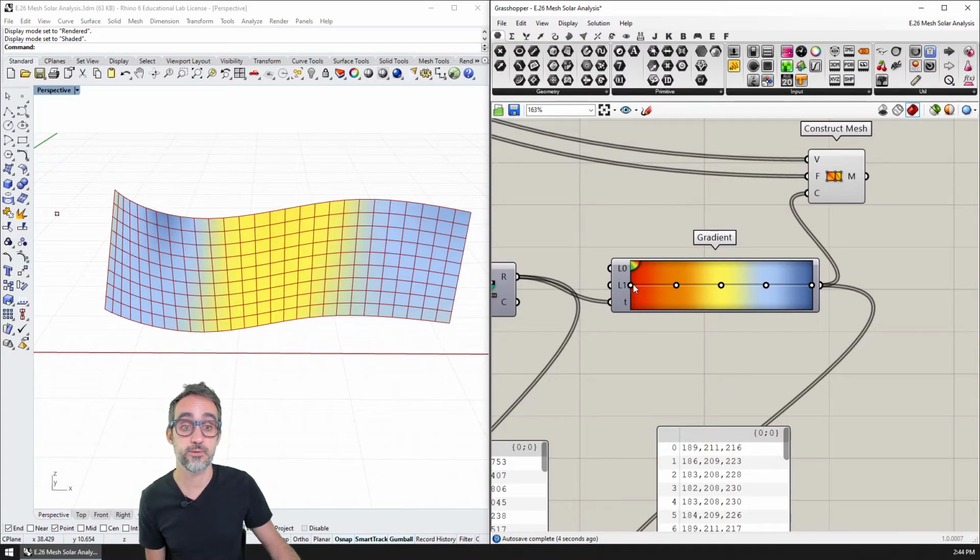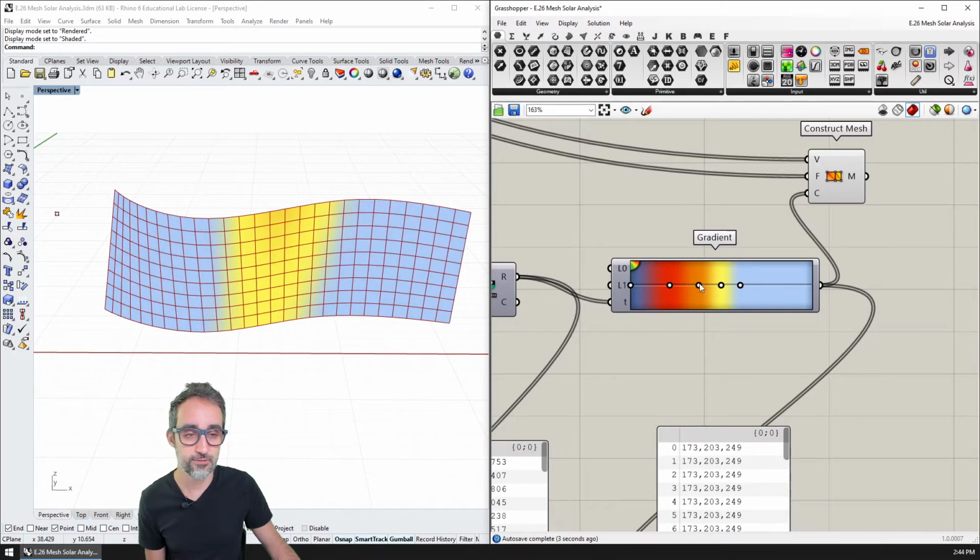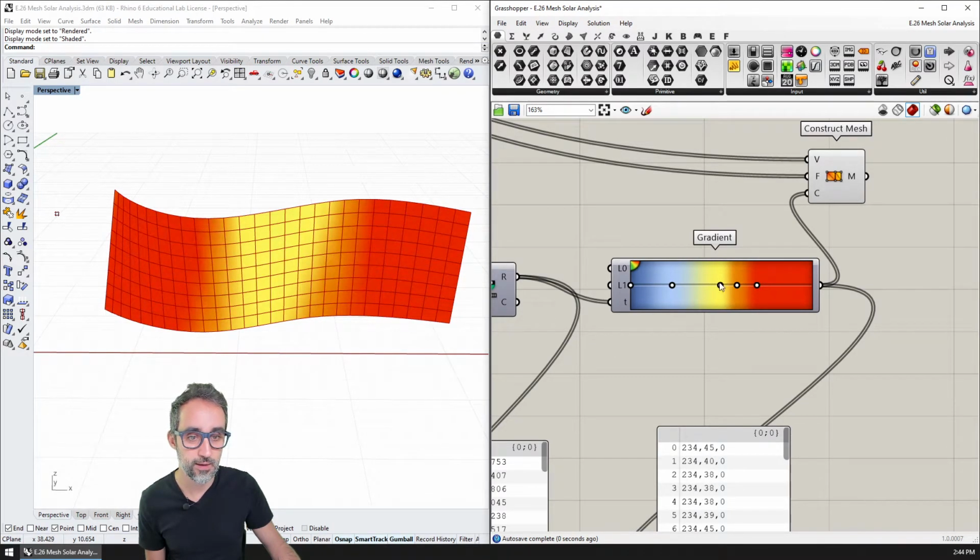So you can see how here, for example, we would have values, right? Something like this. And then if I actually flip them, something like this, we would get, for example, some values like this. And actually I'm going to move this around a little bit. No, this is too much.